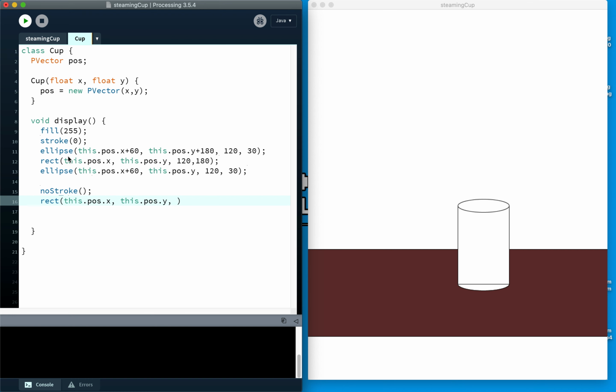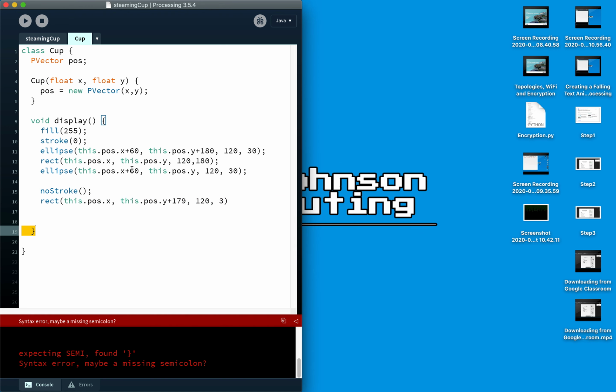It's going to be the same width as our other rectangle, so 120, but it's only going to be like 3 pixels tall. And now I've just got to finally position it. So this.pos.x can stay the same. This.pos.y I'm going to add maybe like 179, because the other one's 180, so just one less, and I should hopefully, missing a semicolon, I should hopefully,